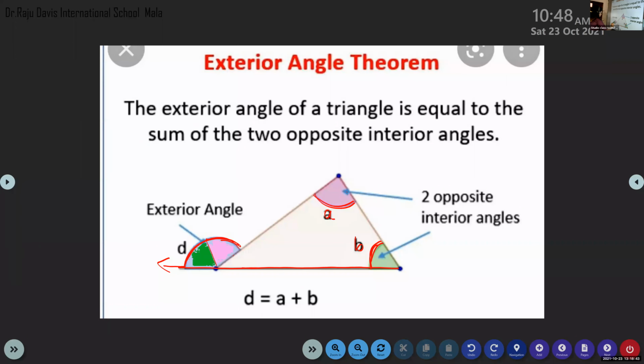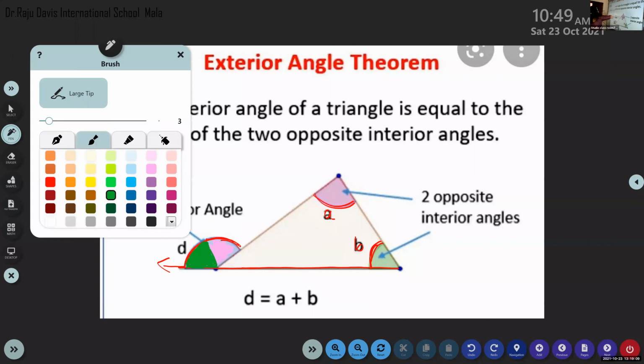So I can shade it. See, it will look like this. Both the angles, if you cut off and paste it, it will look like this. Both together will make the exterior angle. See, it will be looking like this. Together, it will be filling fully. This is one angle, and the other color is what? The other color we can fill. I think this color.